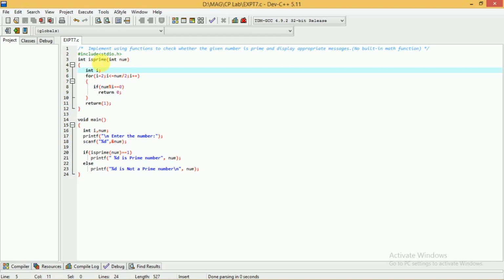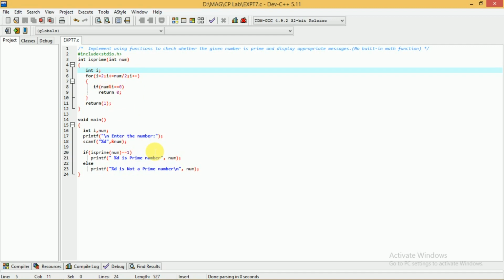Okay, and always remember this, whenever you call a function it should match the signature. Means if the function is accepting 3 numbers, for example, you have to pass the 3 values. If it is expecting 2 numbers, you have to pass the 2 values. If it is expecting 1 number, you have to pass 1 value, and if it is not expecting any value, you should not pass any value. If there is any mismatch, your system is going to throw an error.